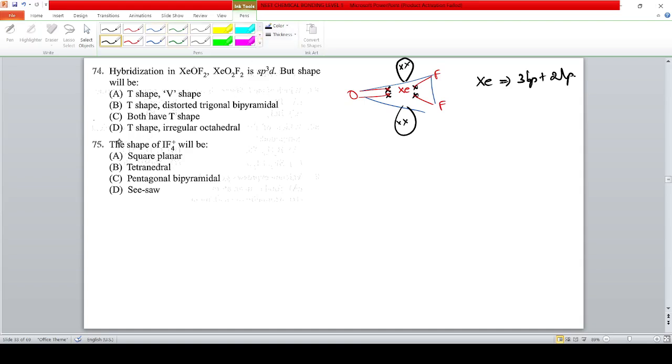3 bond pairs and 2 lone pairs. I'll show you where the bond pairs are. This is 1 bond pair, this is the 2nd bond pair, and this is the 3rd bond pair. So, 3 bond pairs and 2 lone pairs. That means, though it is having sp3d hybridization,